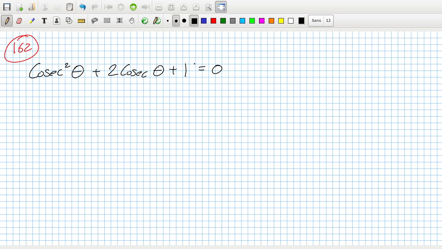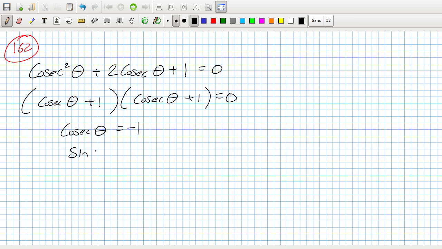Right, I can factorize this quadratic, can't I? That's cosec theta plus 1 times cosec theta plus 1 equals 0. Cosec squared. Yeah. So actually that really just means cosec theta should equal minus 1, which means sine theta should